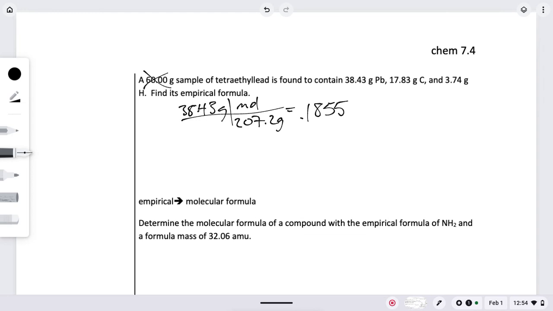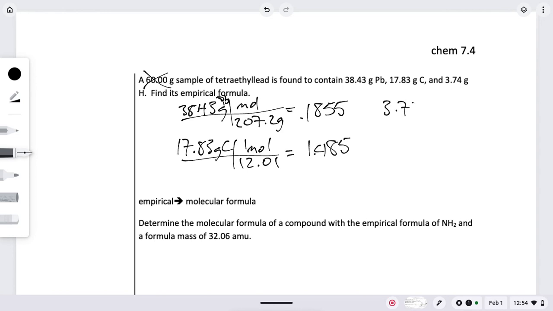But then I do my carbon, 17 point, oh, that 17 looked a little weird. Let me try that again. 17.83 grams divided by the 12.01. Again, I should probably label some things in here so I know which one's which. But that one's going to give me 1.485 moles. And then I'll do the hydrogen, so 3.74 grams divided by 1.01, and I get